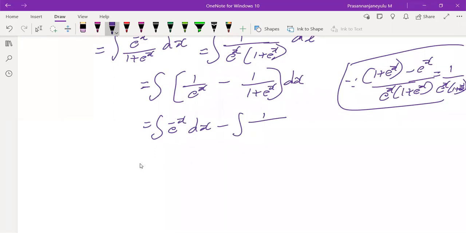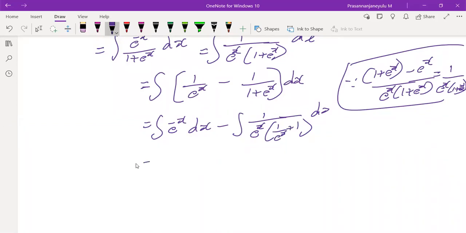So what I am doing is, in the denominator I am taking e power x common. What is it going to become? Any idea? 1 is there, but we are taking e power x from 1. What is the remaining part of the first term? e power minus x, that is nothing but 1 by e power x. I am writing 1 by e power x as e power minus x. Otherwise, I'll write it like this for your convenience, so as not to get any confusion: 1 by e power x plus 1.